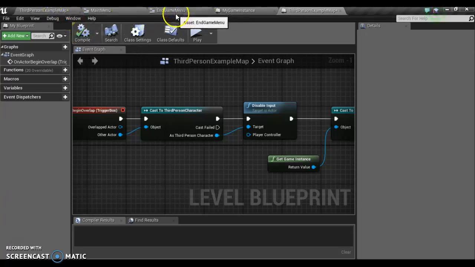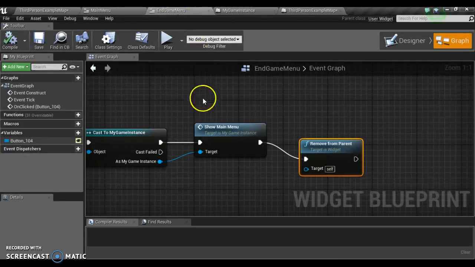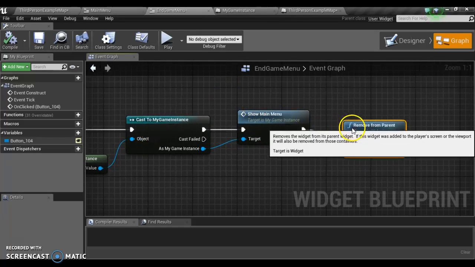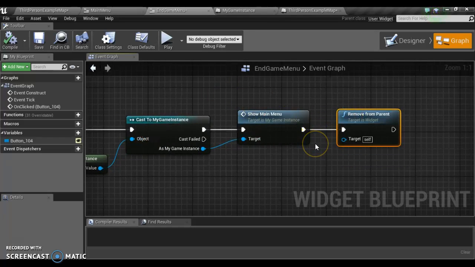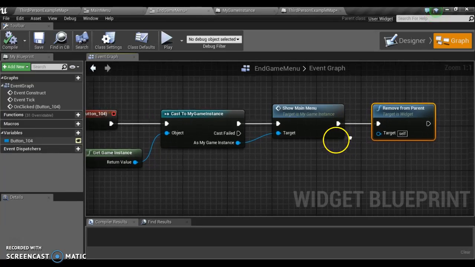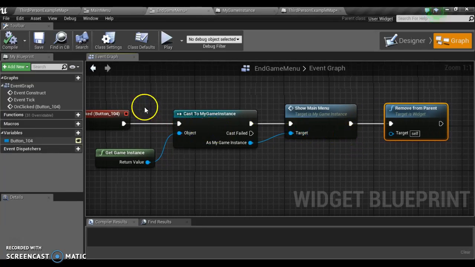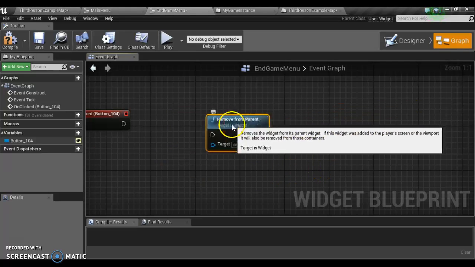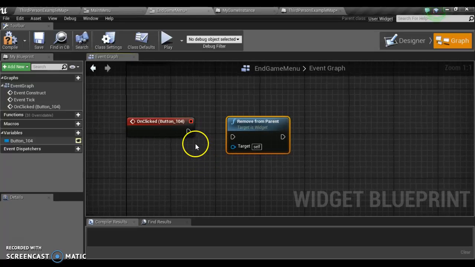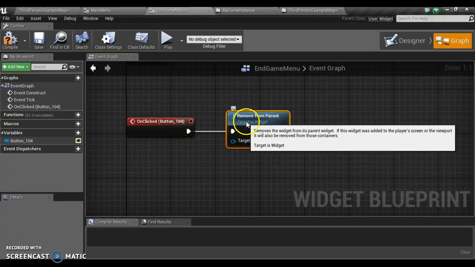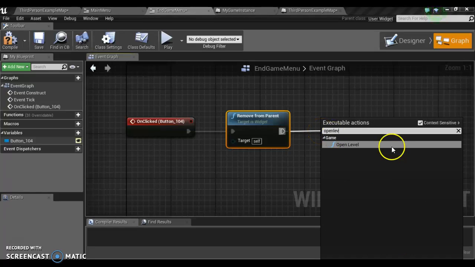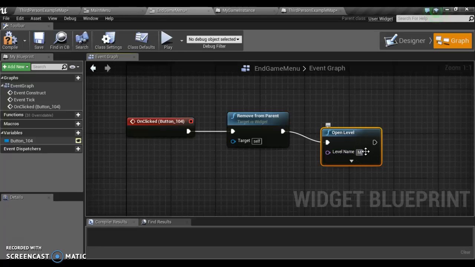And the last thing we need to do on our end game menu is not only do we want to show main menu and remove from parent, actually we'll change this. We don't need this in here. We can delete those. Once the main menu is up and we click the button, we need to remove the widget from parent, and then we need to open level and type in main menu map,